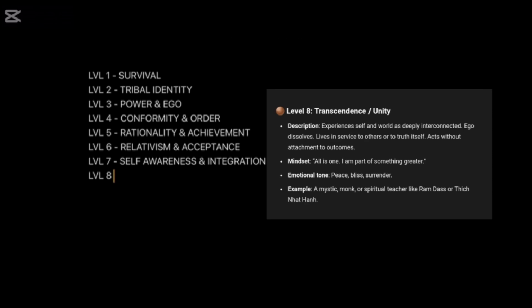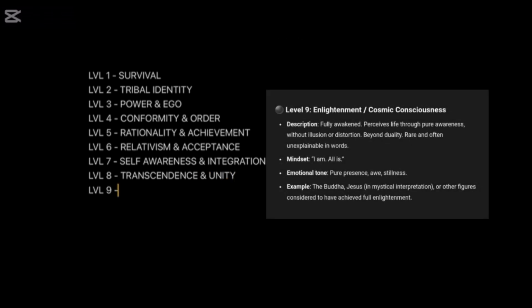If you scored most for level 8, 22 through 24, you are at a level of transcendence and unity. And finally, if you are at a level 9, questions 25 through 27, you are at the level of